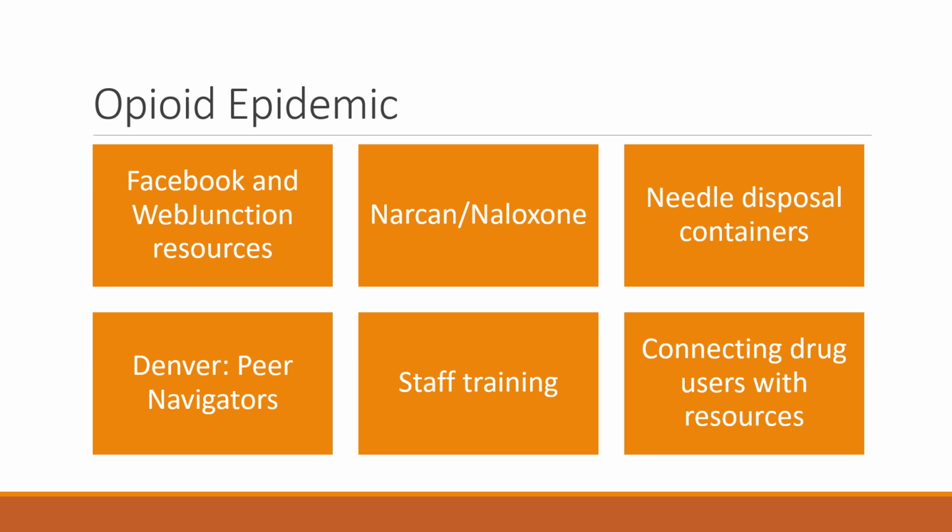We couldn't talk about social issues without talking about the opioid epidemic and how it has affected libraries. I have 2 links here. There's a whole Facebook group about libraries and the opioid crisis. Of course, my favorite, WebJunction, has a whole section on resources, data, how libraries can respond to the opioid crisis. There's a whole idea around librarians administering Narcan and naloxone to reverse overdoses when they happen in the library.